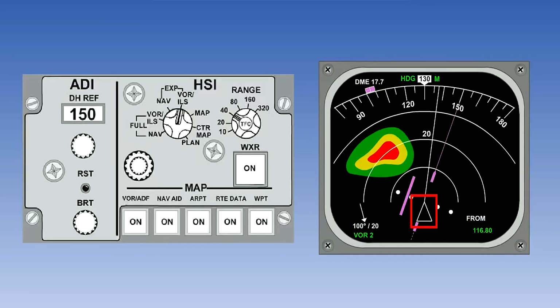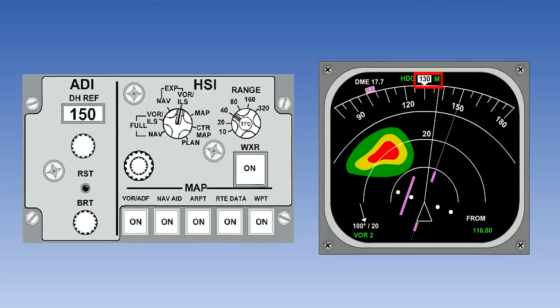In this display, the aircraft is represented by the white triangle at the base of the EHSI screen. In the lower right-hand corner, we can see the VOR frequency selected and also the VOR2 from annunciator. Instantaneous wind speed and direction are shown in the lower left-hand corner of the EHSI screen, with the selected VOR source displayed below. The DME distance is displayed in the top left-hand corner.